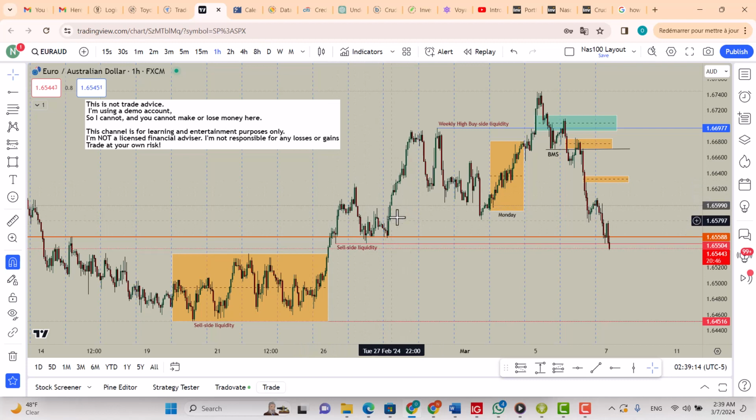We accumulate here, we accumulate, and we distribute all the shorts here this week. So the end of last week into the end of the week before last week ended in consolidation